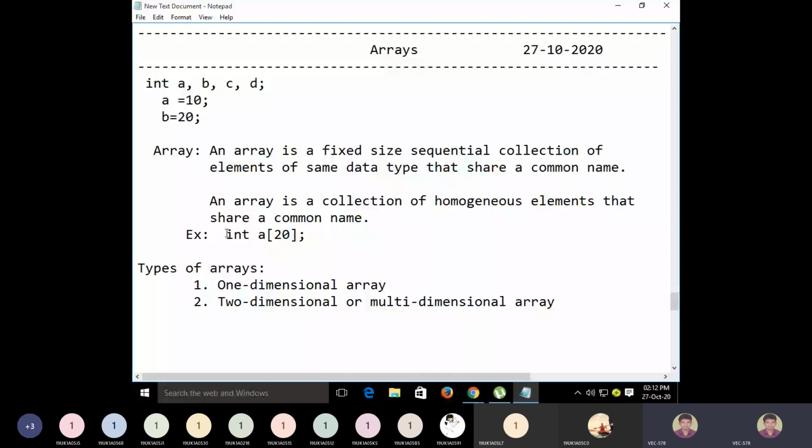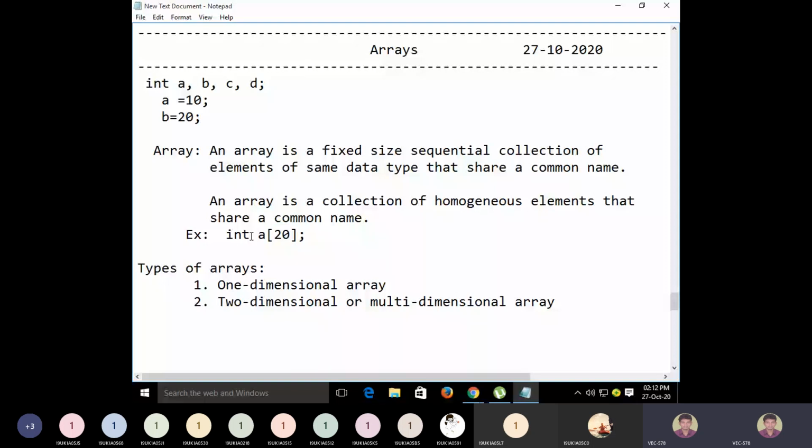So here we have seen an example int a[20]. After this variable name a, you can see a set of square brackets, and inside the square brackets we have given how many elements we want to store. So this a is called here an array which can store 20 integer numbers.